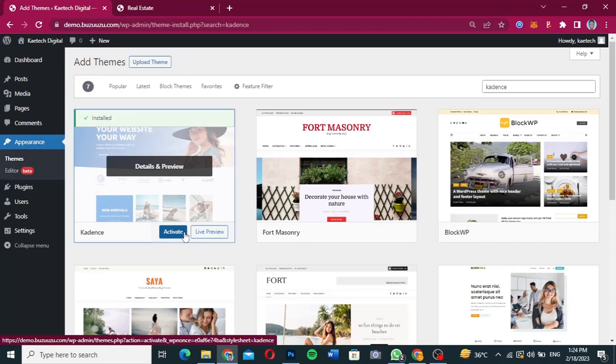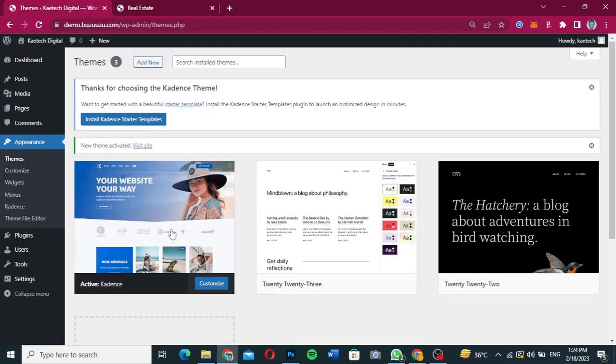Now our theme is installed. We need to activate it. So click on activate to make sure that the theme is activated. We have activated our theme. It will tell us to install a starter template, or choose install the Cadence starter template. Now because we are not going to use any starter template, all we're going to do is to dismiss